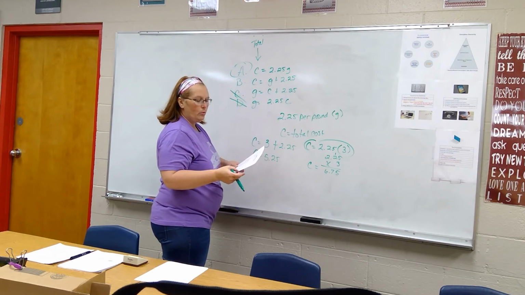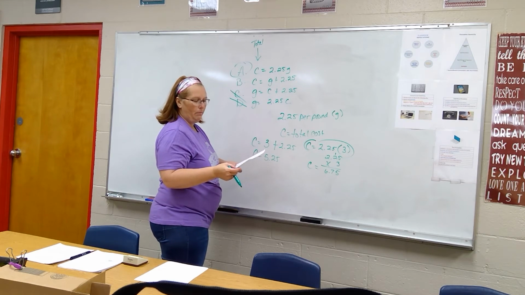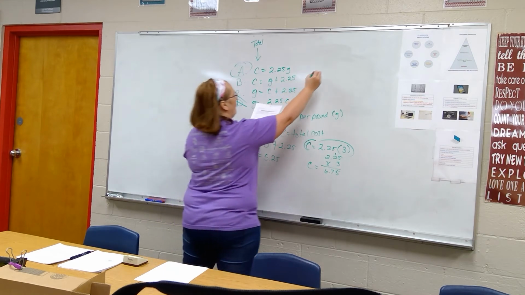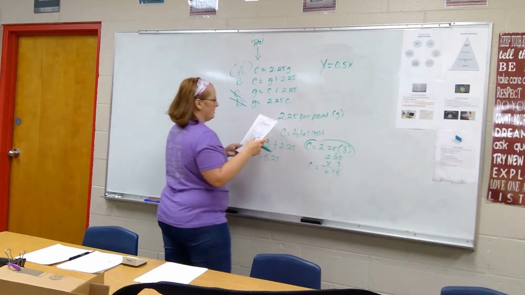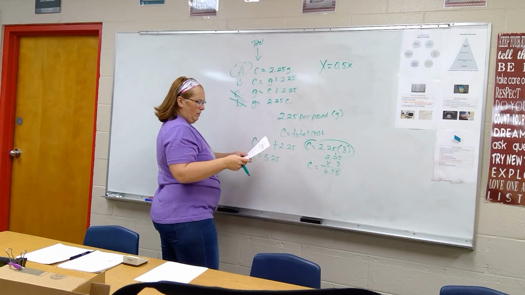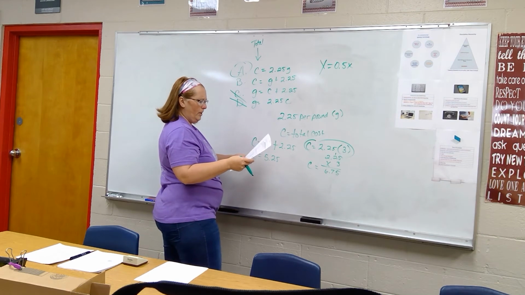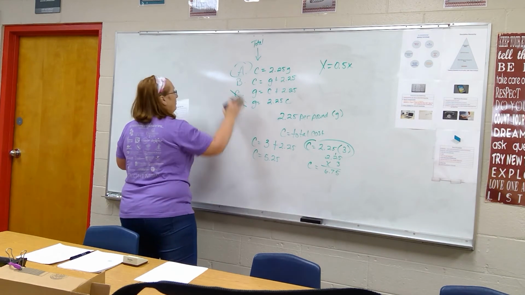On number 2, it says which one is not true. So you need to pick the one that is not true for y equals 0.5 times x. You're going to go down through here to number 4. That's where you're going to have to write the equation out. So on number 4,